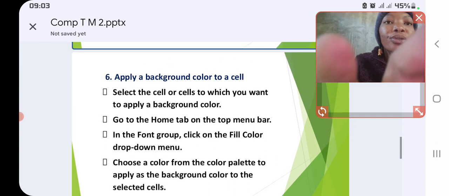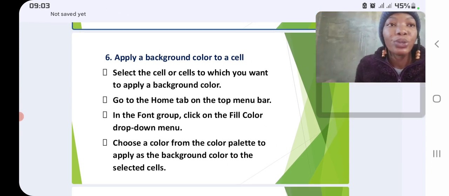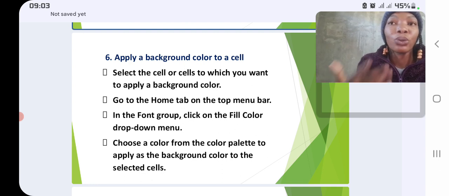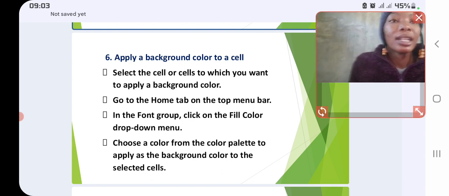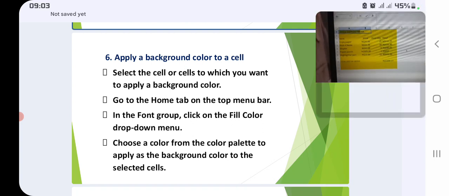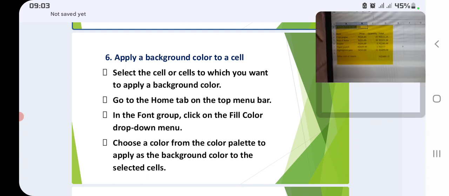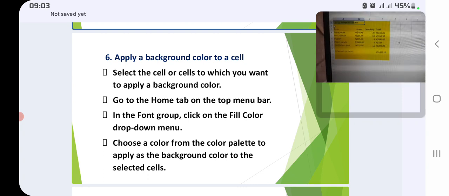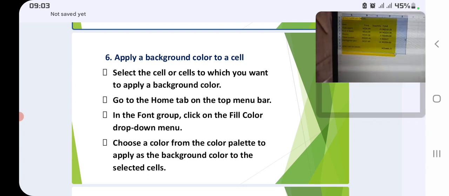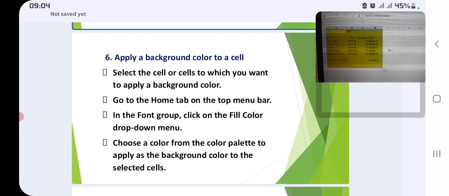This procedure of applying background color has to do with how you want your spreadsheet background to look. So let's try to change this. Mine is selected with color yellow. Let's change color yellow to a different color. So first you have to select. I have selected, and then you have to go to the home button on the top menu bar. Okay,